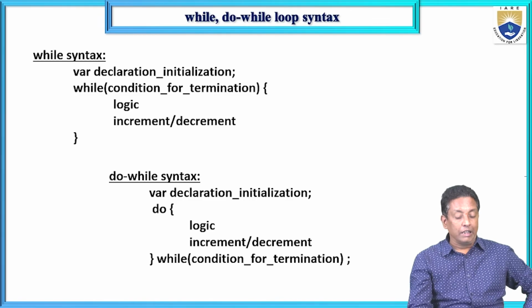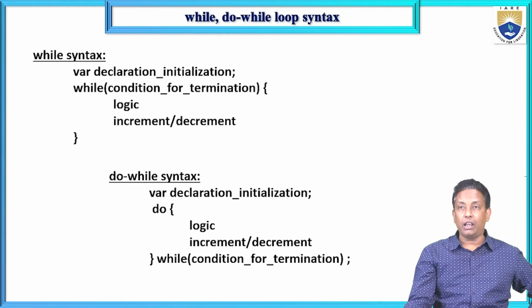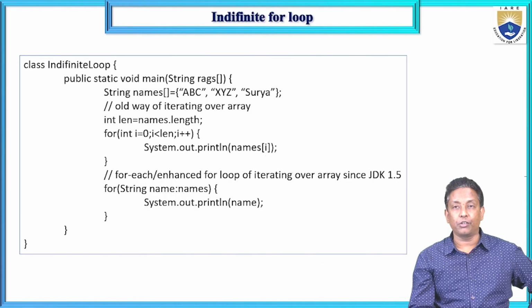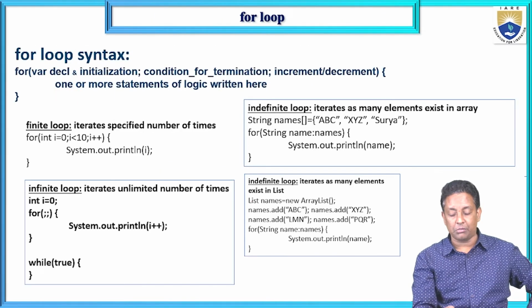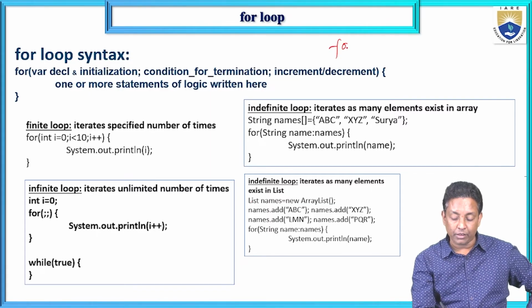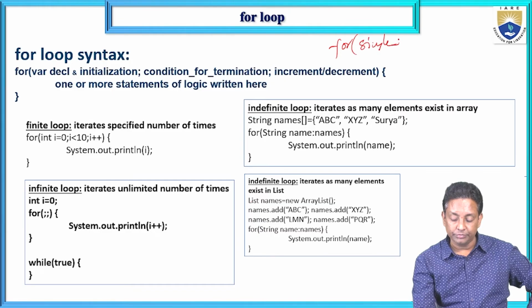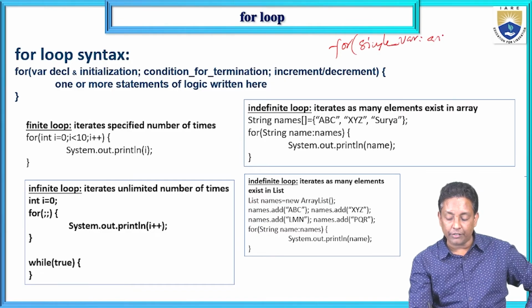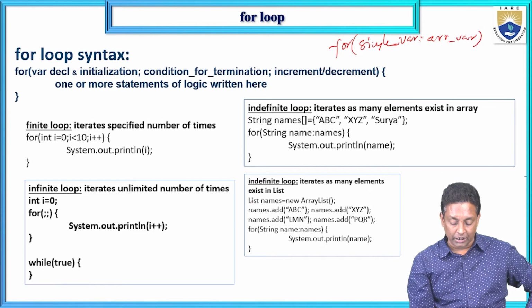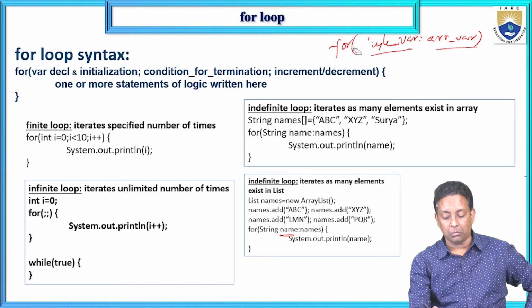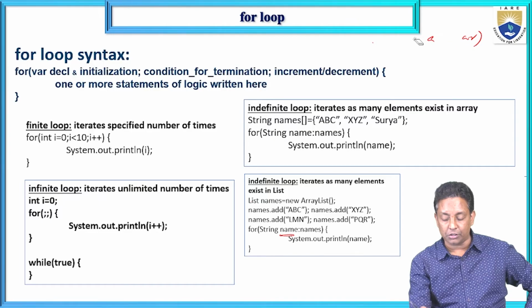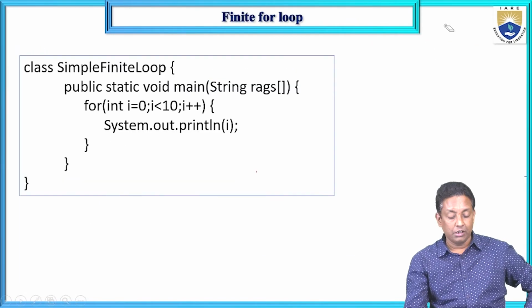The next one is the while loop. So we have the for loop and the for each loop. In the for loop, there are variable declaration, initialization, condition for termination, and increment or decrement. In the for each loop, the syntax is a single variable, colon, array variable. That is the syntax of the enhanced for loop, or for each loop. So there are two types of for loops. Coming to